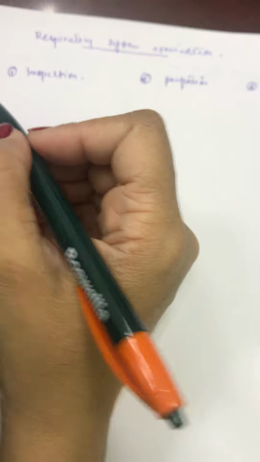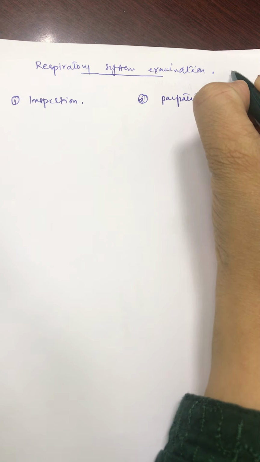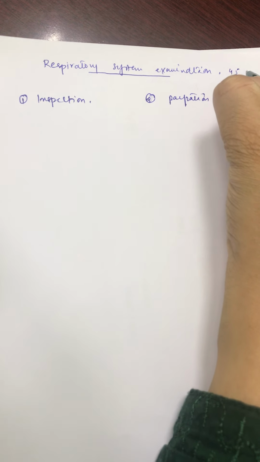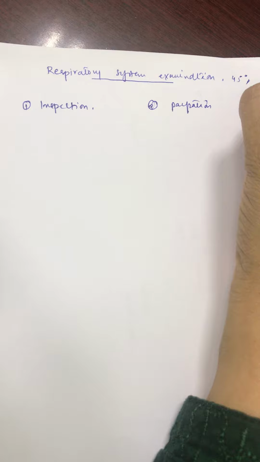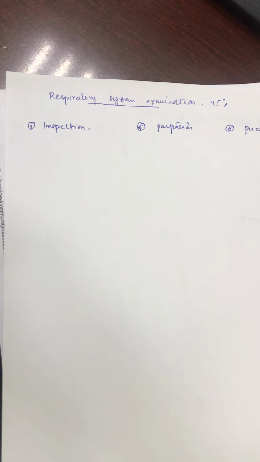So in case of inspection, once we are going to examine a patient, first of all you have to be sure that the patient is in the appropriate position. The appropriate position is supine, with the patient lying at a 45 degree angle and the chest exposed properly. Take the shirt off. In case of a female patient, leave the undergarments on. And have a general look at the patient, introduce yourself and ask the patient's name,